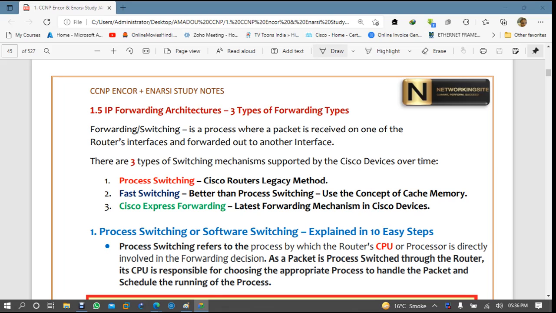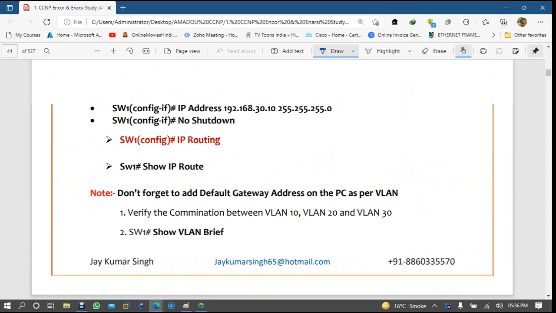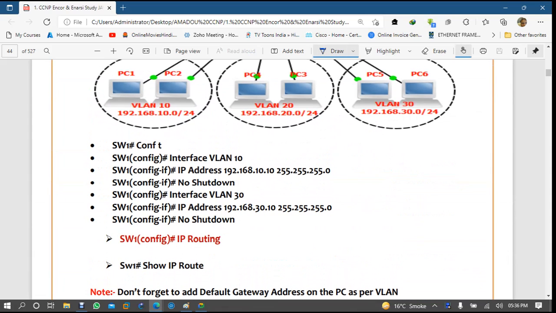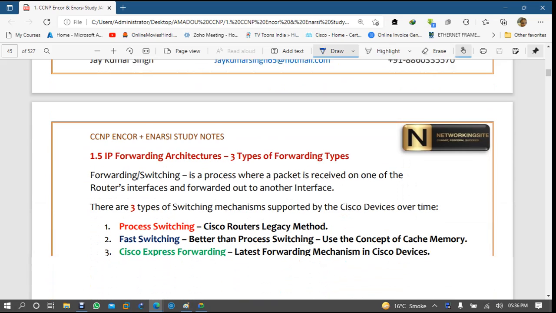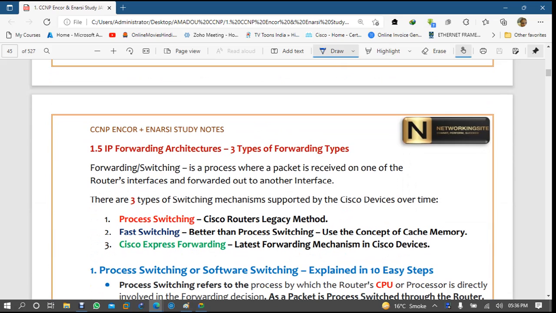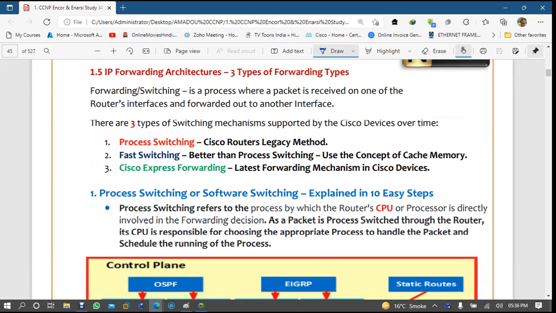Okay, so yesterday we completed inter-VLAN, right? Yes. Today we have to cover a little bit of the theoretical part before moving towards the other remaining topics of the switch, like IP forwarding architecture. So normally, even if you are talking about